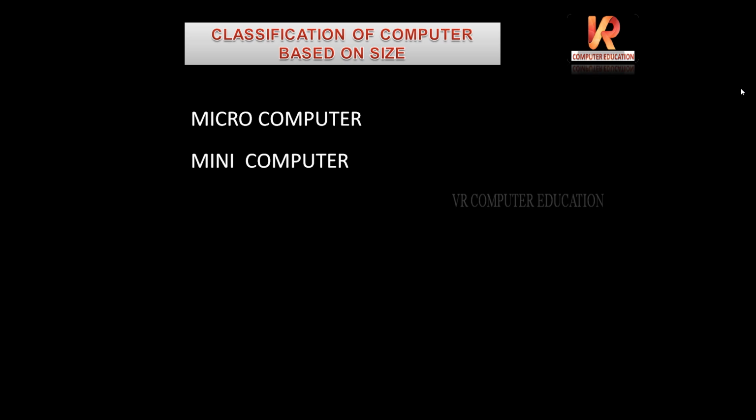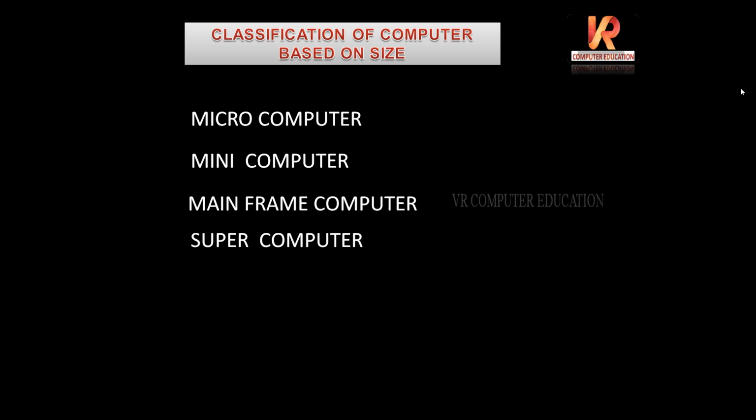Next, classification of computers based on size. Here we'll see the classification of computers based on size: microcomputer, minicomputer, mainframe computer, supercomputer. These computers are classified based on their size, or you can say capacity. So let us see them one by one. First,